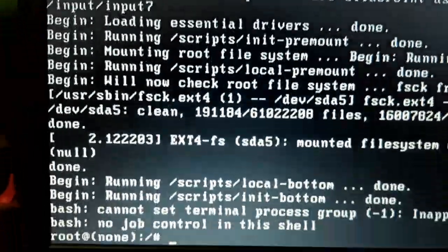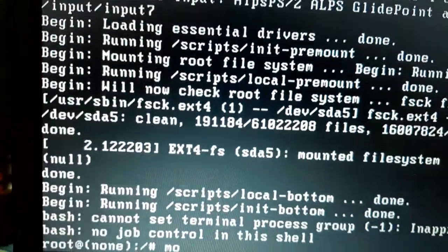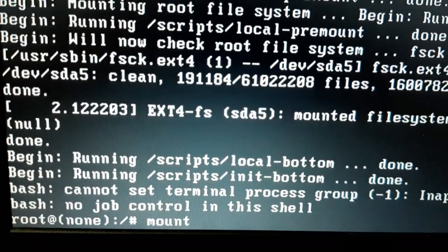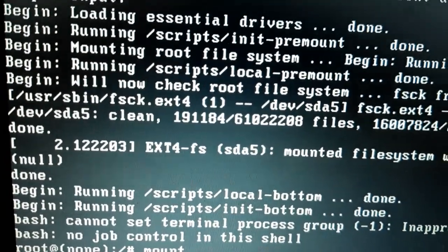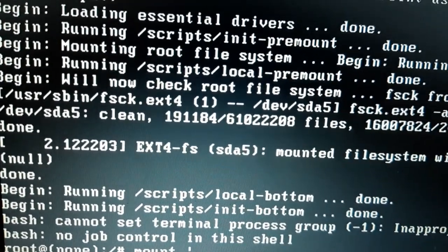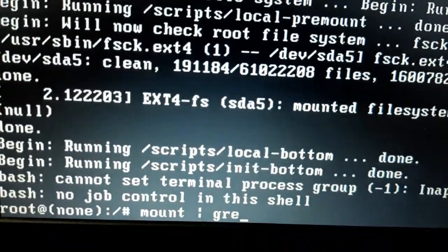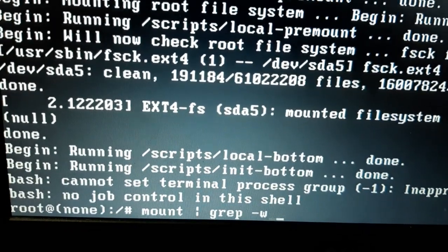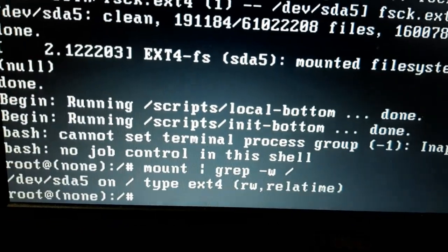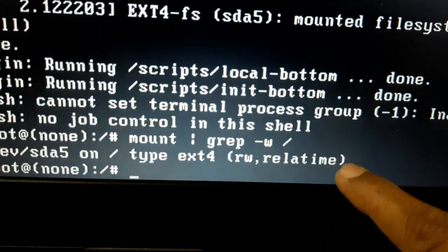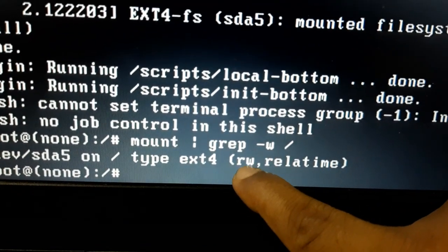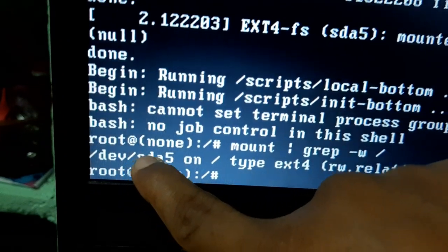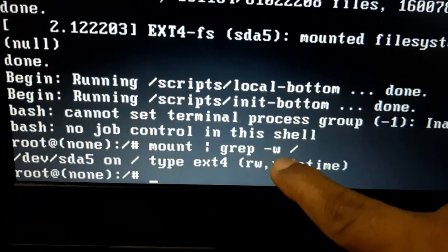For that we type mount -o remount,rw /. Now you can see we came onto read-write. This is the partition which came up as read-write.